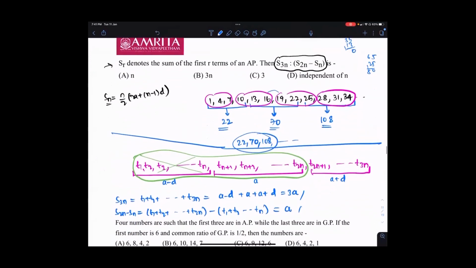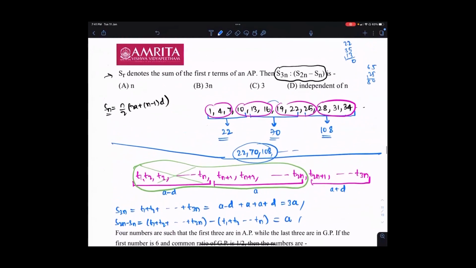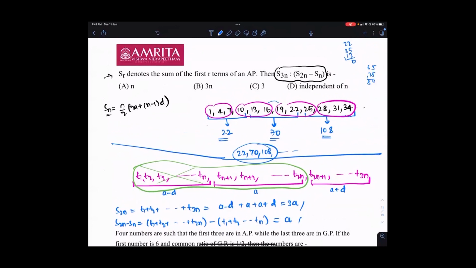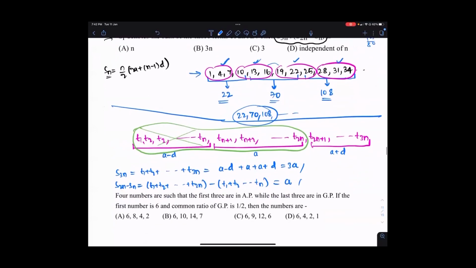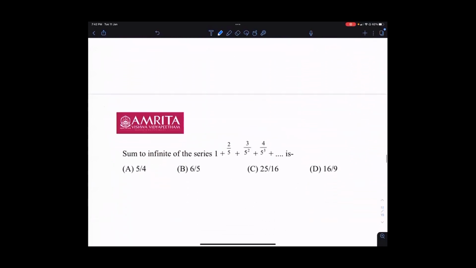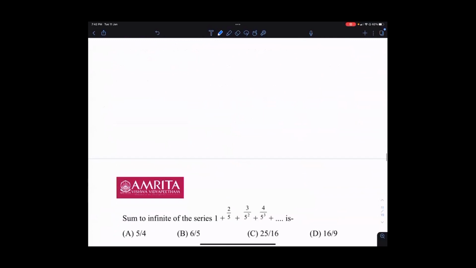Okay, guys. What I wanted to explain from this is, if you have an AP, you can continuously divide it into any number of sets of any number of terms. Whatever I have circled, the pink one, is a set of 3 numbers side by side. If you add those 3 numbers in each circle, they will be in AP. And you can take 4 numbers continuously, 5, 6, any. That is the concept there. And these are manipulation questions. You can do them yourself, guys.